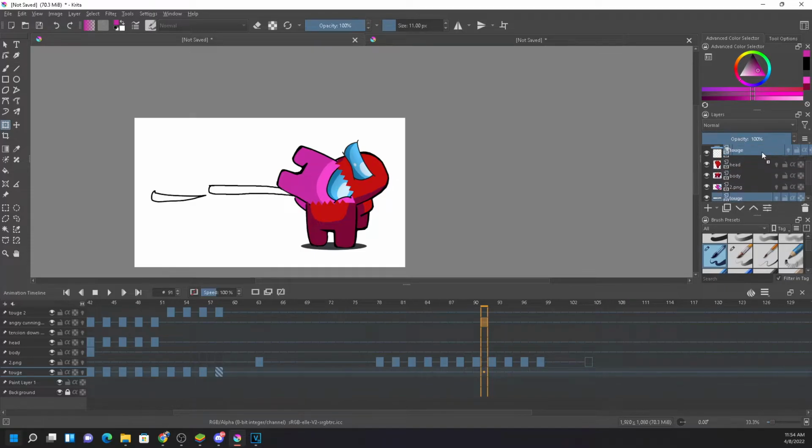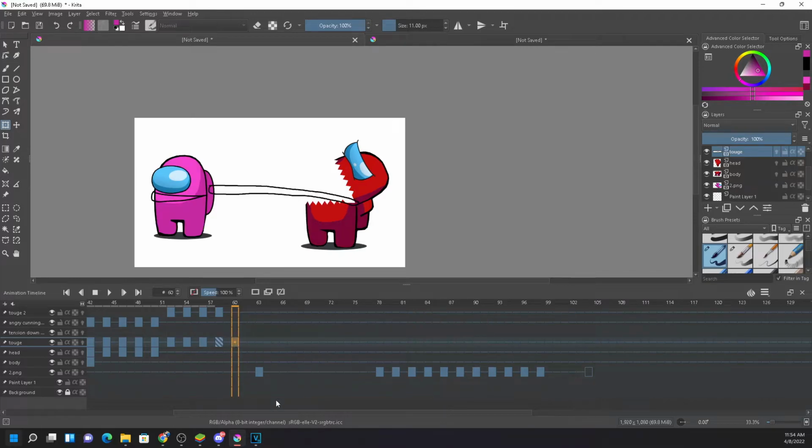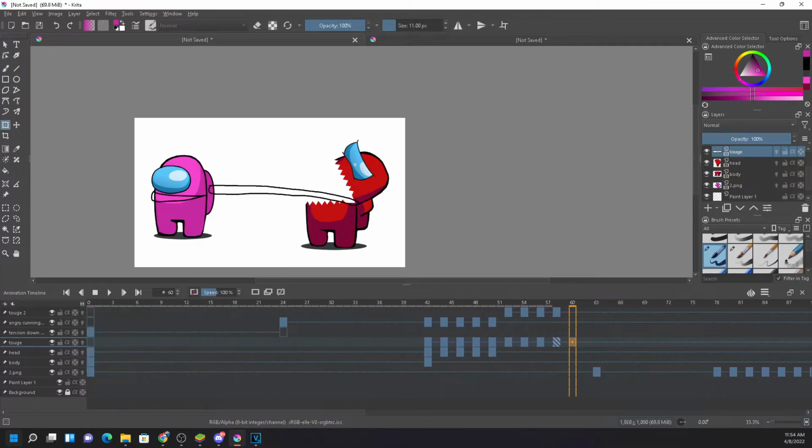So I will place this after the tongue movement is finished. So right now you can see there are so many frames created over here.